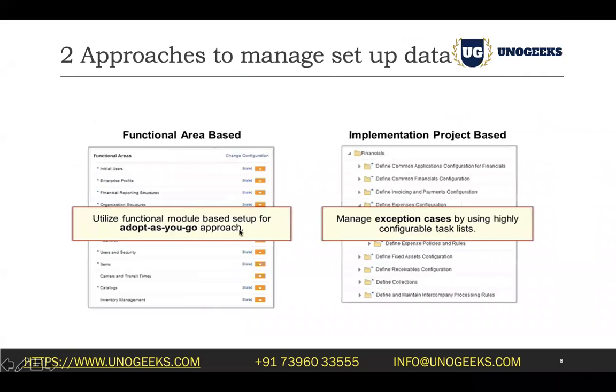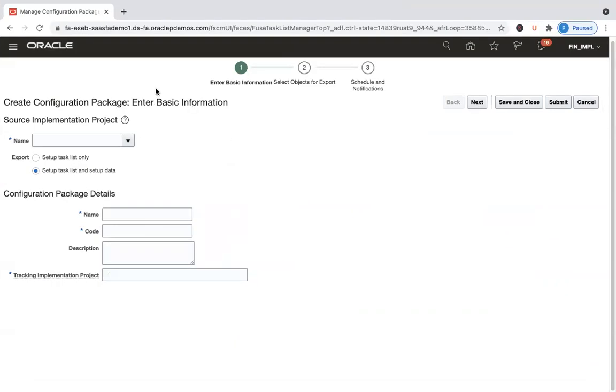Okay, so even if you are using the functional area based approach to do the setups, you would have to create an implementation project at least for the sake of migrating the setups. So you would pick up the implementation project that you have created. Now, we will not pick that one up, because that particular implementation project includes all the tasks related to GL, AP, and AR. Remember, if you try to export